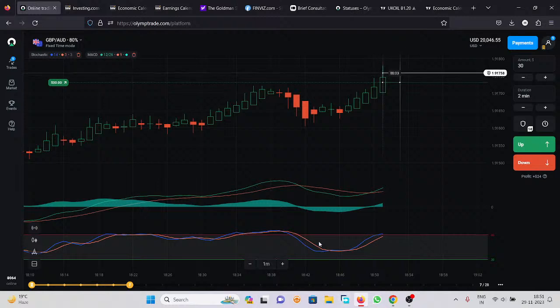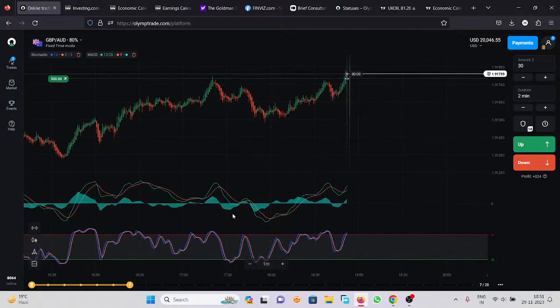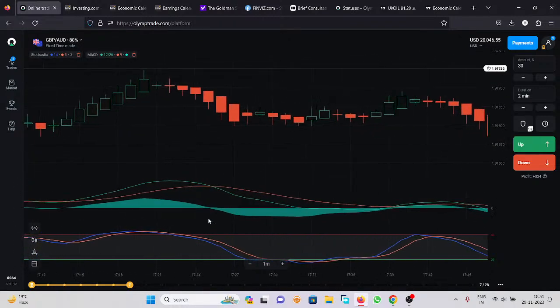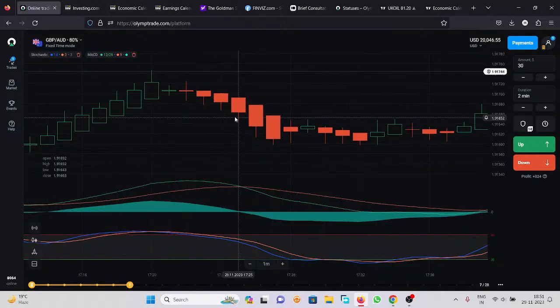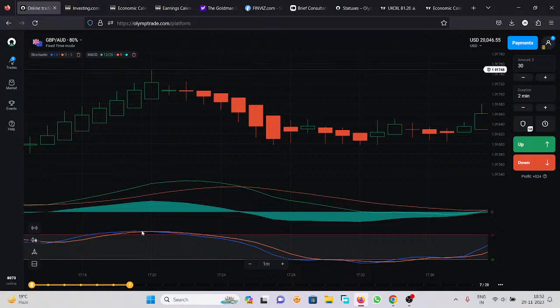Usually, try to open the trade whenever you find the signal, as near as possible, according to the trend. Check this one. Candle is red, MACD is down, and nearby the overbought zone. This is the exit from the overbought zone of the stochastic, and the blue line has already crossed the yellow line and come to the trading area, and you can open the trade. If you see both signals of candle and MACD just matching, once the stochastic has already reached the nearby overbought zone, then try to avoid the trade,